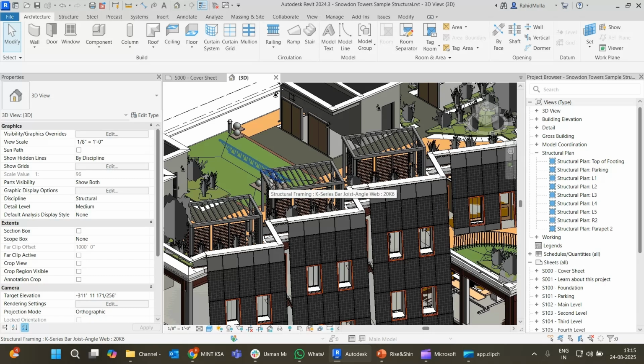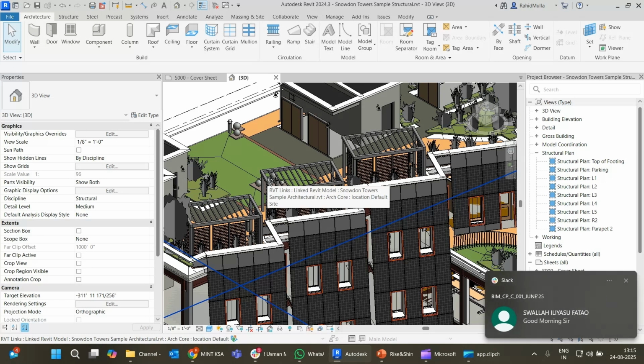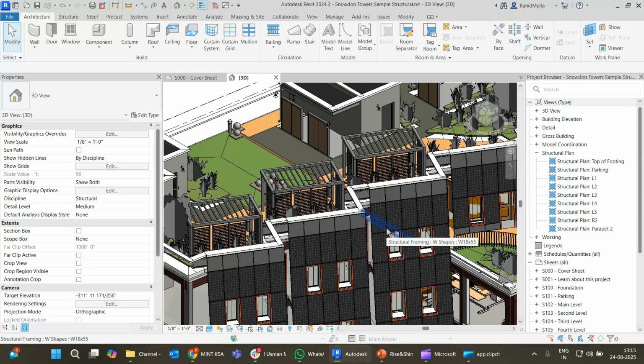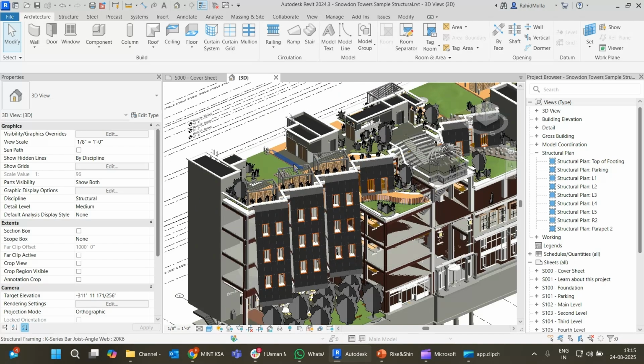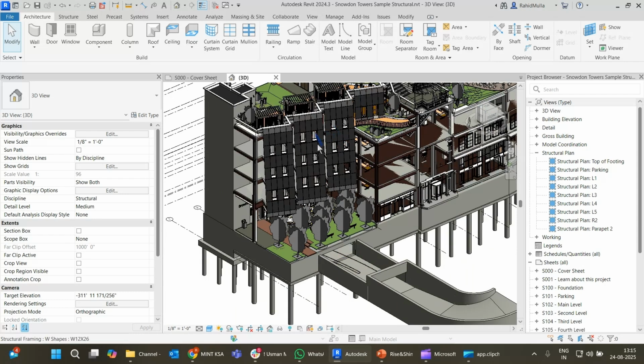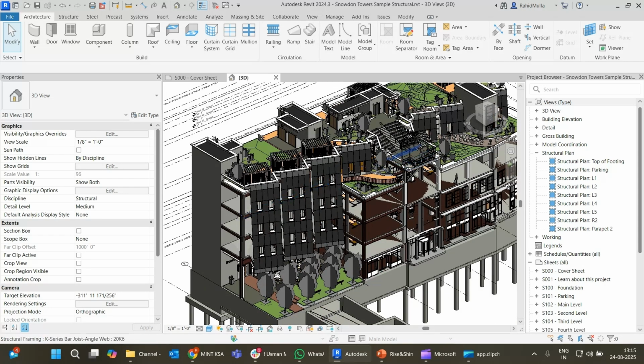Sometimes, based on the requirement, there is an element which is present in the linked file, and somehow you want to get that element in your host model. But many of you are unaware and you go through so many other methods, and at the end of the day you decide you have to remodel that. So here I'll teach you the effective way of copying the element from the linked file. And this video is going to be very short, because this is just one option that I will be demonstrating.